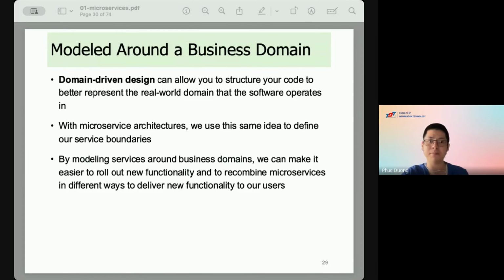For example, we have 5 services, 1, 2, 3, 4, 5, and the fifth service belongs to you. In order to deploy the fifth service, we need to deploy the first one, the second one, the third one, and the fourth.